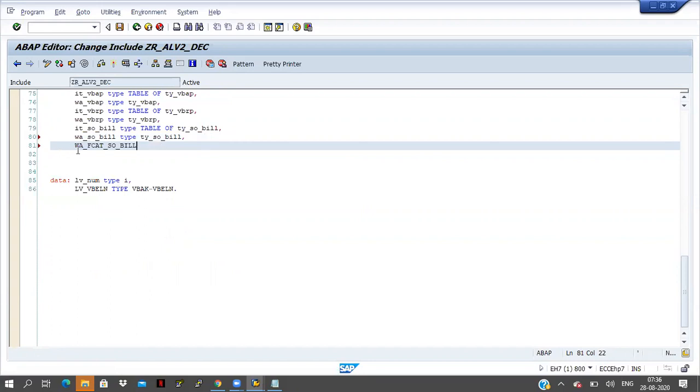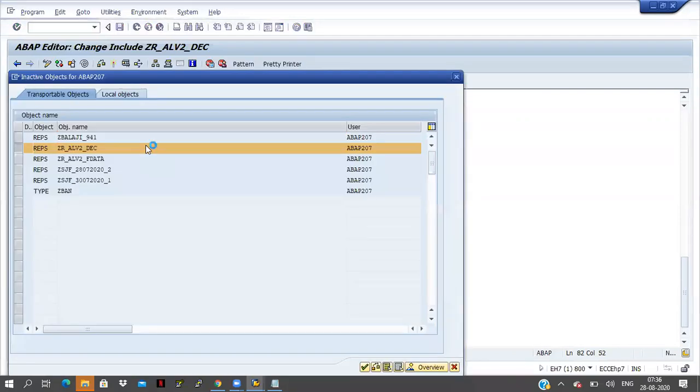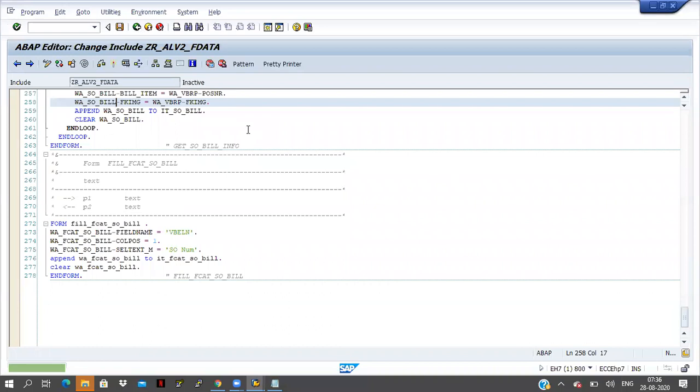First of all I will take internal table it fcat so bill type list underscore t underscore field cat underscore alb, and work area fcat underscore so underscore bill like line of it underscore fcat underscore so underscore bill. Save it, activate it, click on back button, save it, check it.